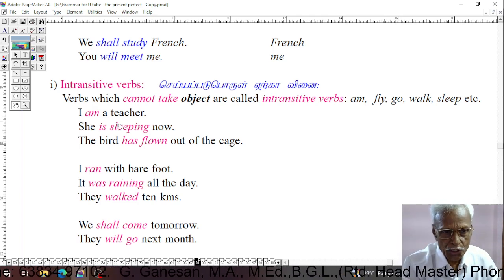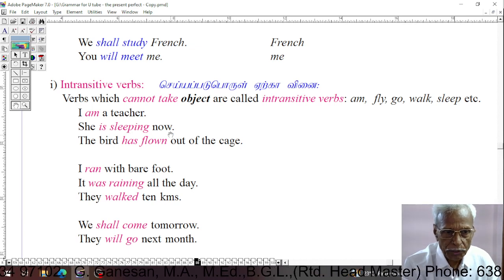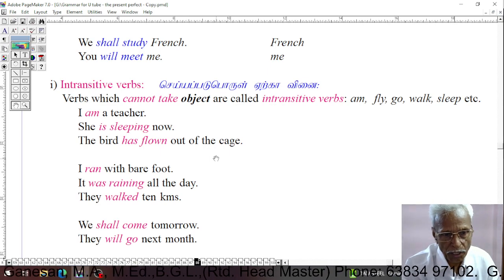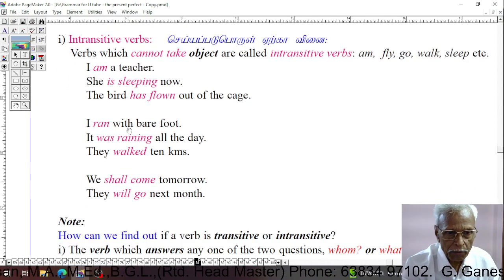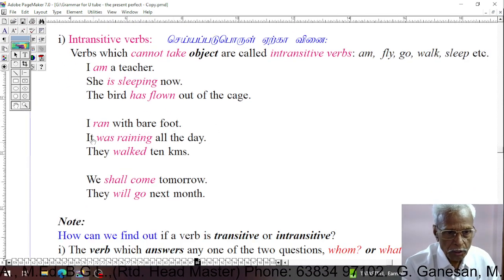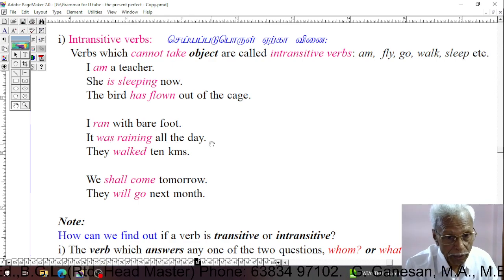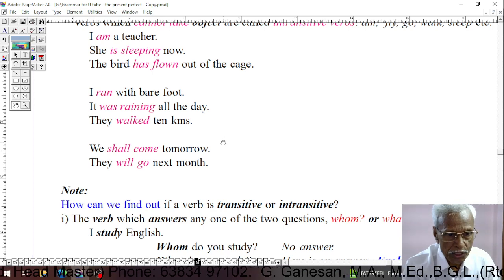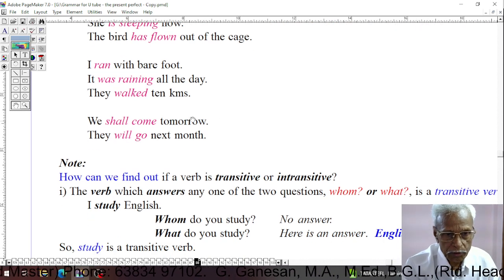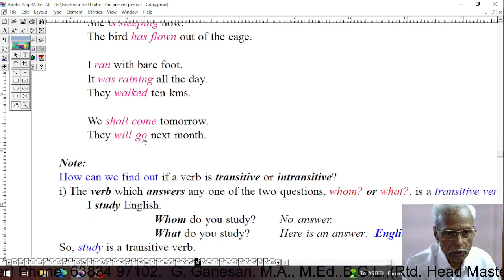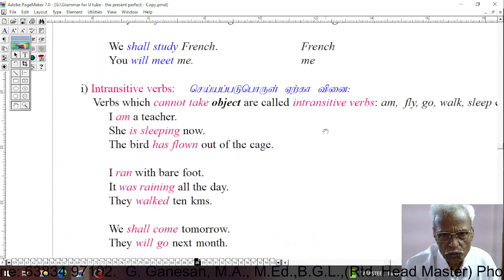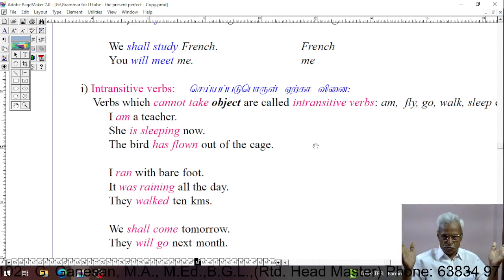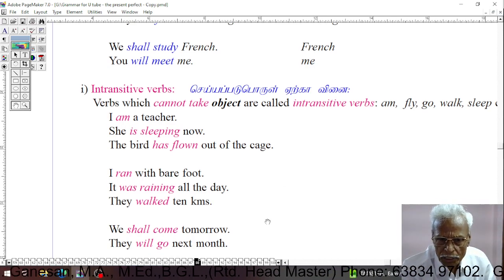You see, I am a teacher. She is sleeping now. The bird has flown out of the cage. I ran with bare feet. It was raining all the day. They walked 10 kilometers. We shall come tomorrow. They will go next week. Here are all these. So, the verbs which cannot take object are called intransitive verbs. Dear students,